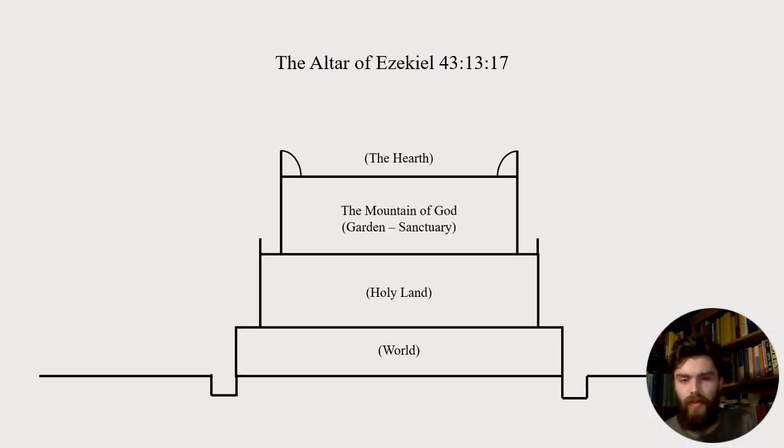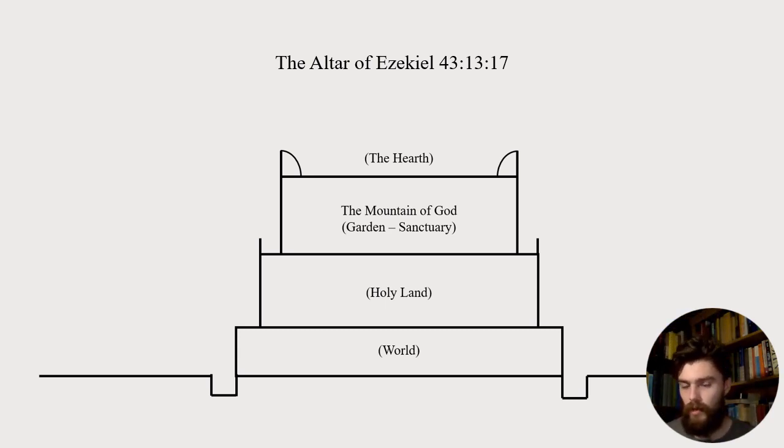And so he has this diagram in his book, and he portrays the altar in this way, where, in the same way that we had the layout of Eden and the tabernacle, here we have the same four-part layout in the stages and the levels of the altar. The bottom speaks of the world as connected to the world. The next layer is the Holy Land. The top is the Harel, the hearth or the mountain of God, if we translate it that way, which would correspond to the garden. And then the hearth on top is the idea of the divine presence, the dwelling place of God, which corresponds to the Holy of Holies.